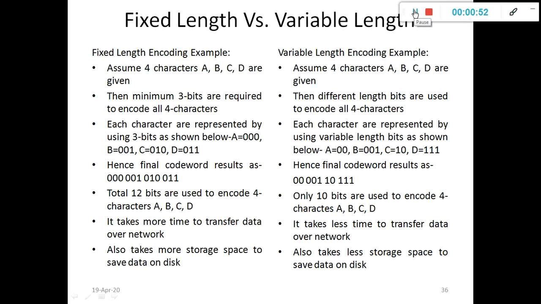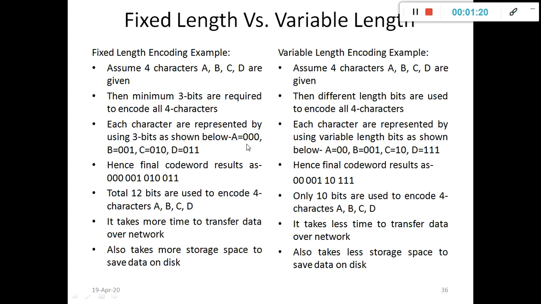First, let us discuss the difference between fixed length and variable length encoding techniques. Fixed length encoding example. Assume 4 characters A, B, C, D are given. Then a minimum of 3 bits are required to encode all 4 characters. Each character is represented by using 3 bits as shown below.